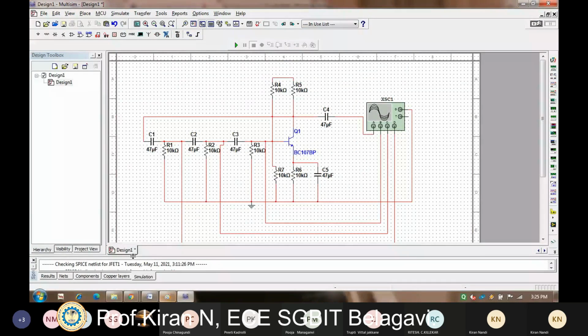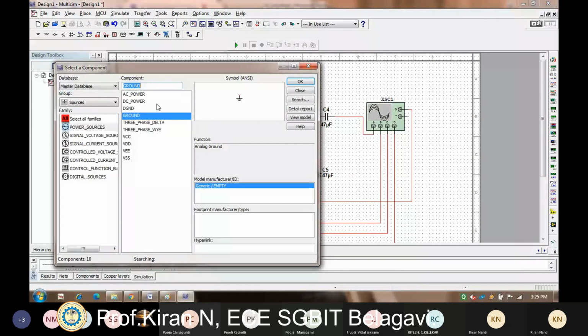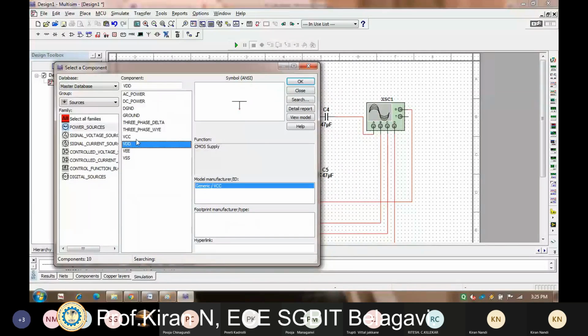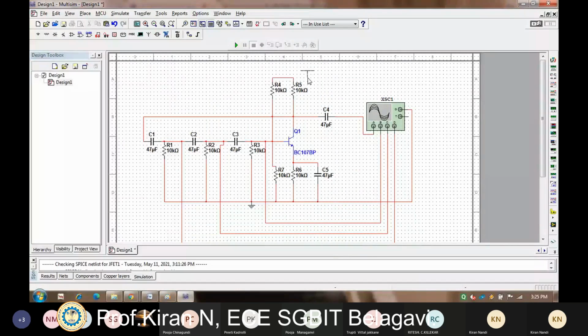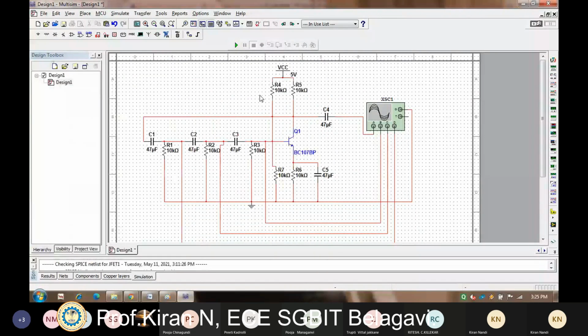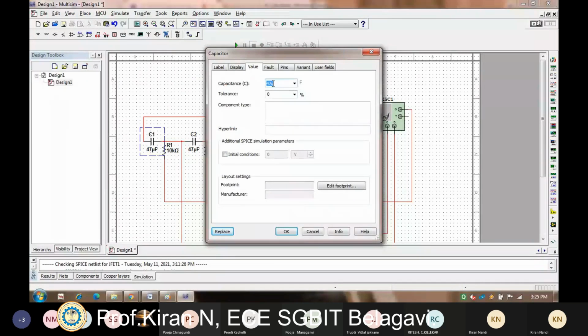Yes. Now I have to connect a VDD source, or VCC, that is, I'll connect here. Now I have to change all the values here. So all these C1, C2 are 10 nanofarad capacitor.